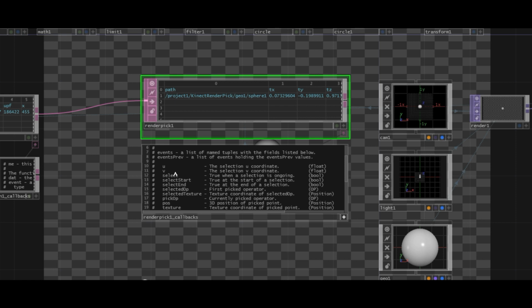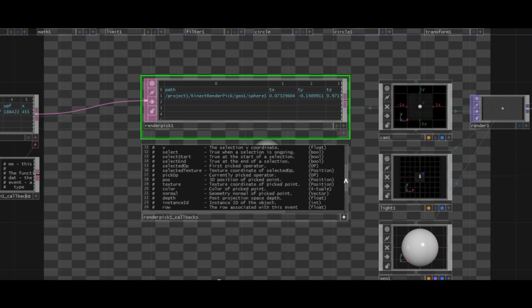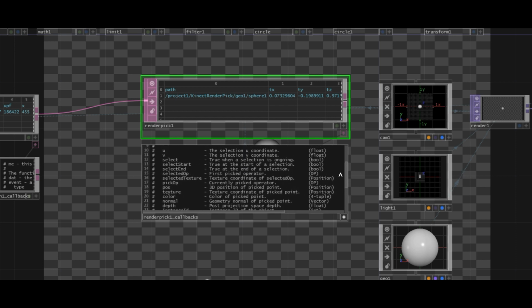So when an event happens in the render pick, we can get all this information related to an event. What we need for this tutorial are the UV information, so basically the coordinate of our input, in this case the mouse, but it will be the Kinect, and then we also need select as information,